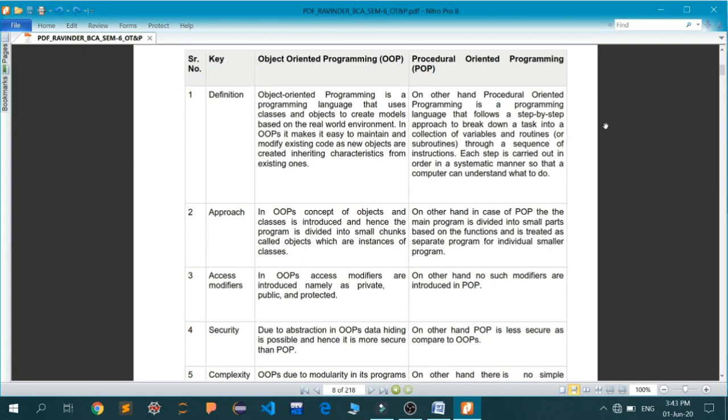In OOPS, it makes it easy to maintain and modify existing code as new objects are created by inheriting characteristics from the existing ones. Now we have already seen a lot about these classes and objects in the last few lectures. OOPS is basically dependent upon the blueprints and the physical entities, or you can say the virtual realities of that blueprint, that is classes and objects.